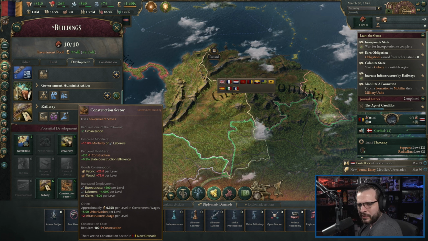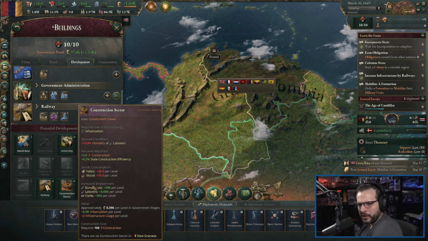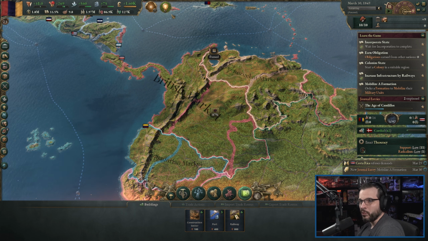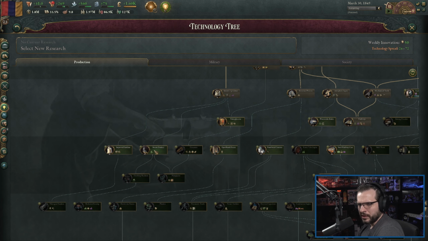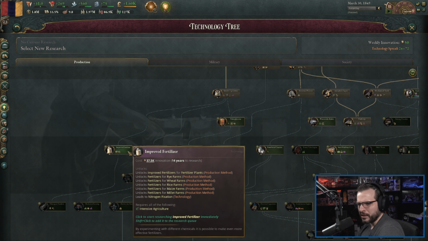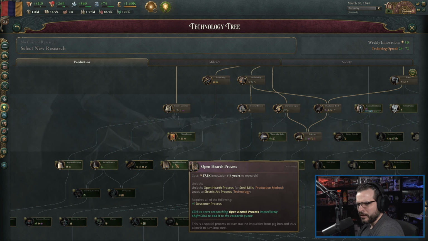We are missing... It's really just fabric and wood right now, right? And it's going to cost us a lot just because the cost of fabric and wood is very expensive. So we just need more fabric and wood. Anything that's going to give us fabric and wood would be good, although I don't think there's anything here. Logging camps, steam donkeys for logging camps could be useful. Anything